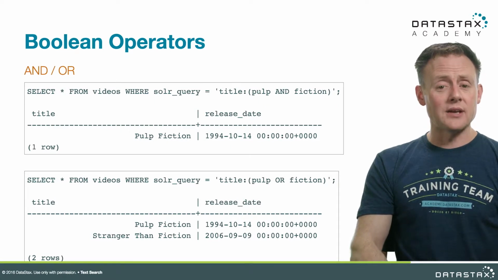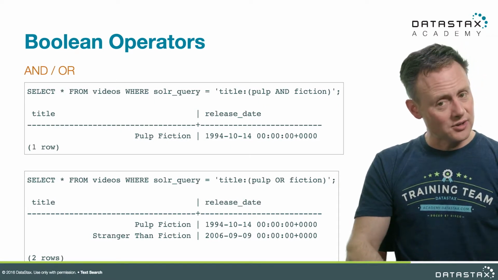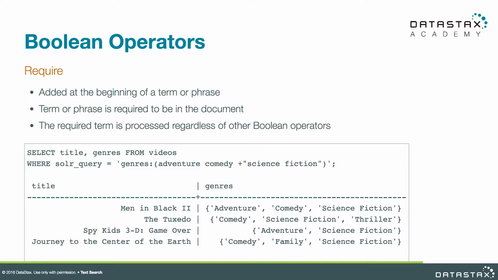You'll get Pulp Fiction and Stranger Than Fiction. Doesn't contain pulp, but does contain fiction. Apparently there are no other movies with the word pulp in them in our sample data, which is something worth looking into. The require operator, which we indicate with just the plus character at the beginning of a term or